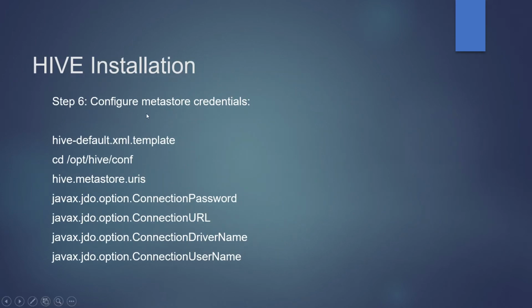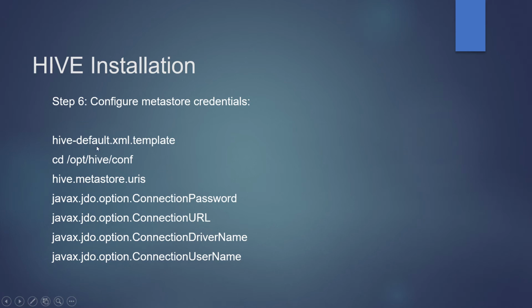Step 6. We need to configure Metastore credentials in our hive-site.xml. We will have hive-default.xml template in our Hive conf folder, which is /opt/hive/conf. We need to rename that to hive-site.xml.